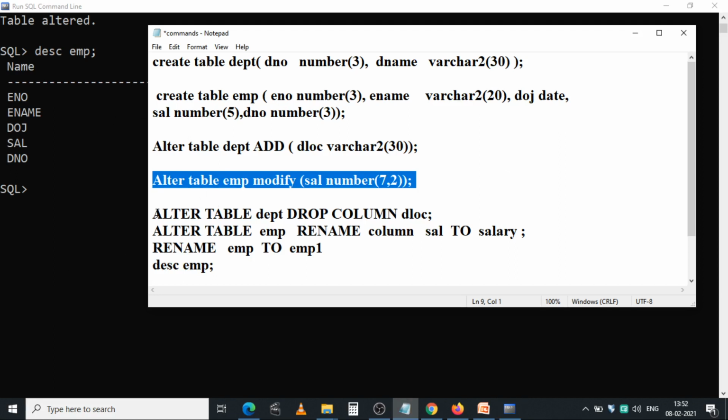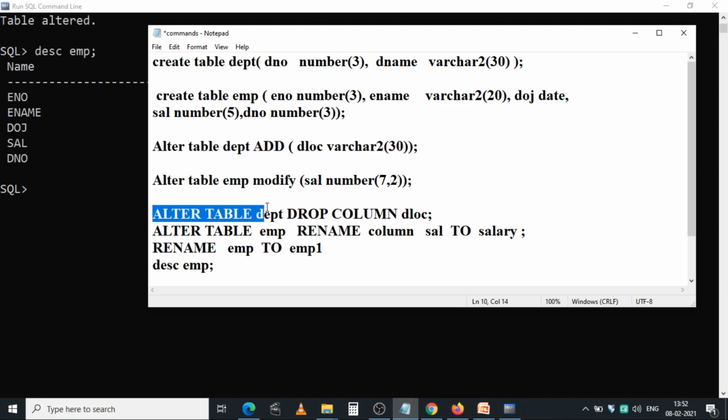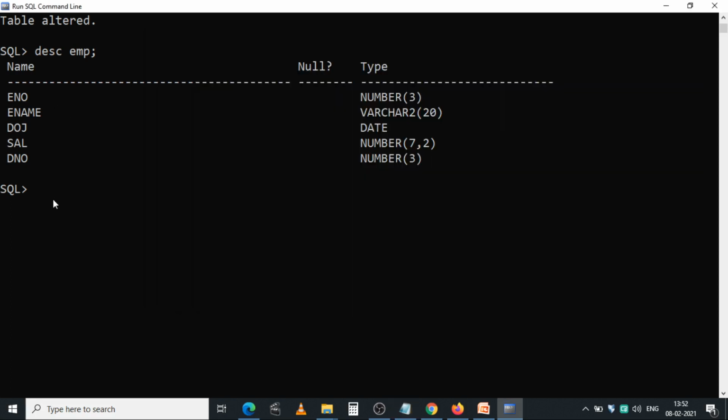Now let's go through this practical session. Now I want to drop a column DLOC from the department table. Select it, copy and paste here.